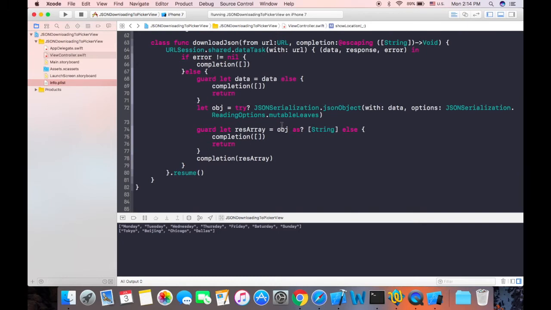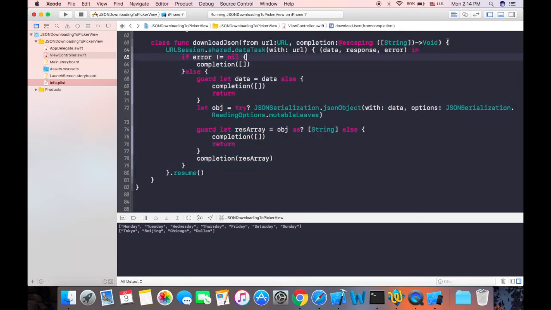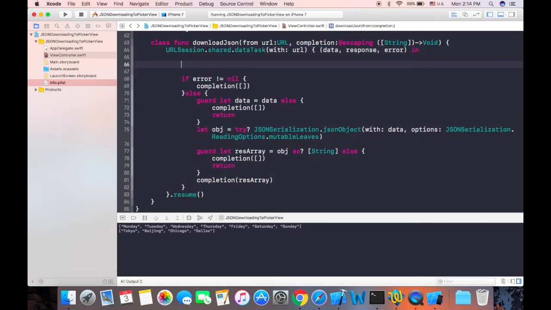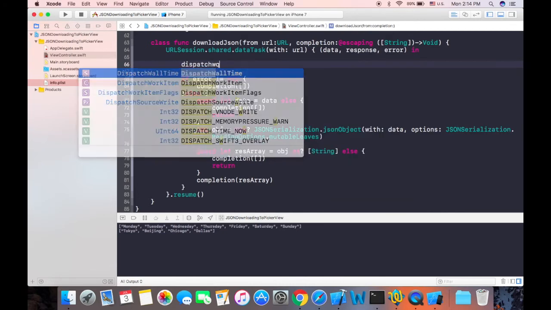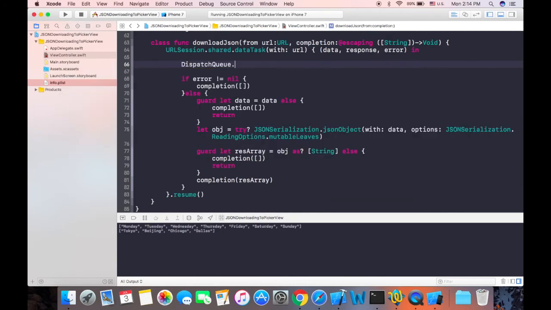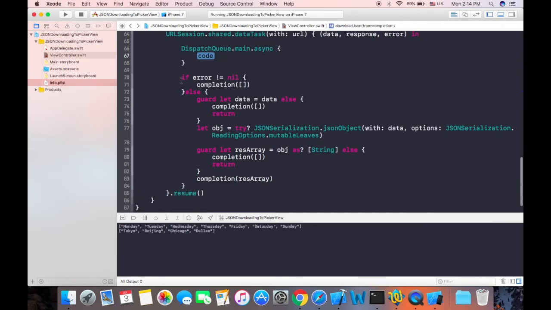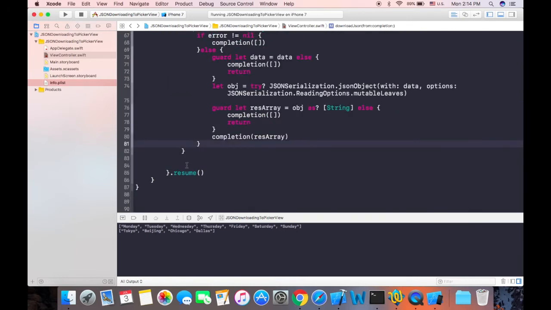So the reason actually is when we are downloading our JSON, we are switching ourselves to the background thread using this kind of block, downloading JSON with completion block. So until this moment, we are still at the background thread. To get back to the main thread, we're going to use DispatchQueue.main.async. So in this case, we are switching ourselves back to the main thread,